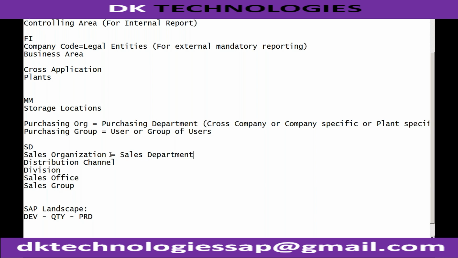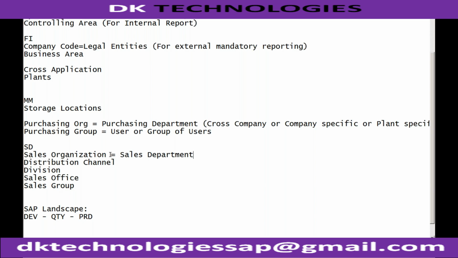Can I have a common sales department selling for all company codes? Similar to the purchasing department, which we understood can be common and serve the needs of multiple company codes, can we have the same sales department taking care of multiple company codes? No, it is not possible. Even if physically you have the same sales department, in SAP you still have to create a separate sales department at the company code level. You cannot have the same sales department doing the sales for multiple company codes in the SAP system.